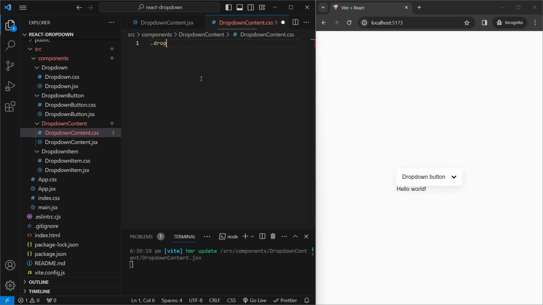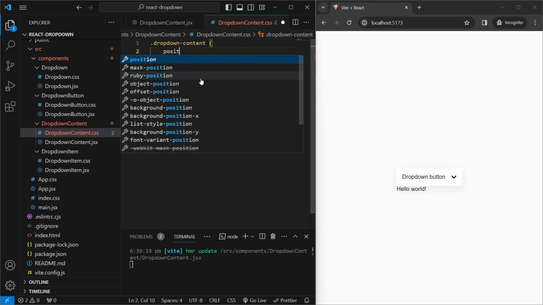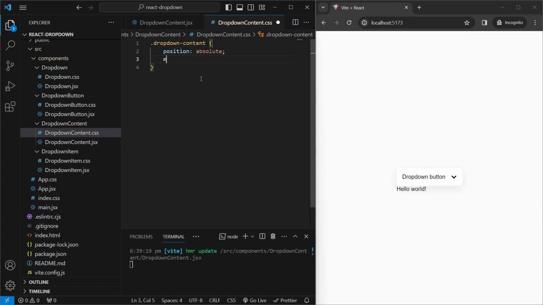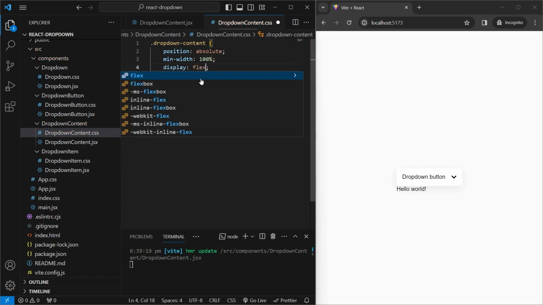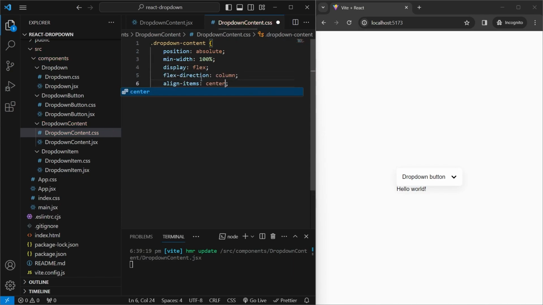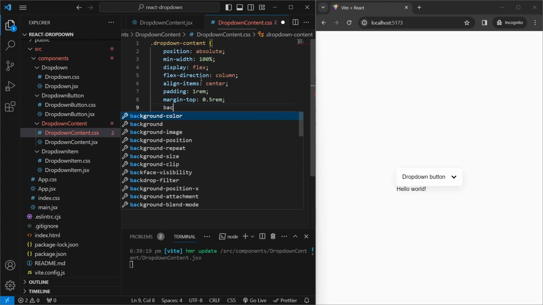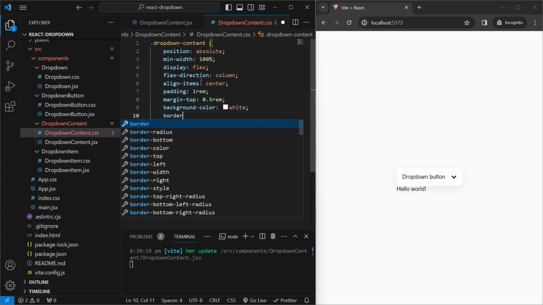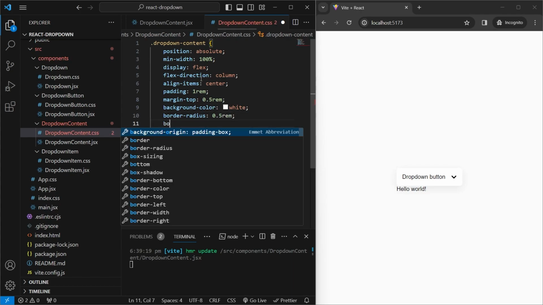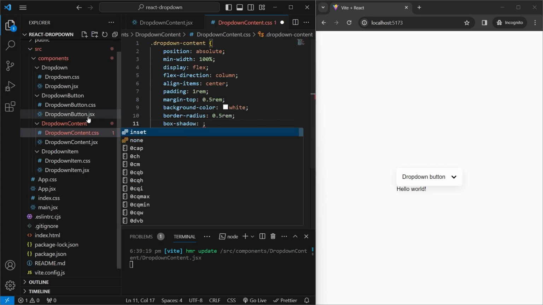Over here for the dropdown content, we'll give it a position of absolute. Minimum width should be 100%. We'll make it a display flex, flex direction column. We'll align the items to the center. We'll give it a padding of 1rem. We'll give it a margin on the top of 0.5rem. We'll give it a background color of white, border radius of 0.5rem. We'll give it a box shadow, and this will be the same as before, so we can just copy it